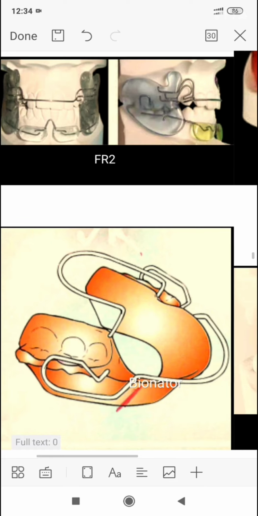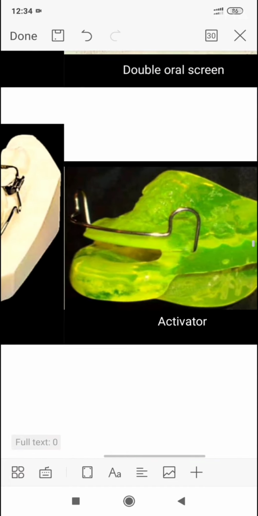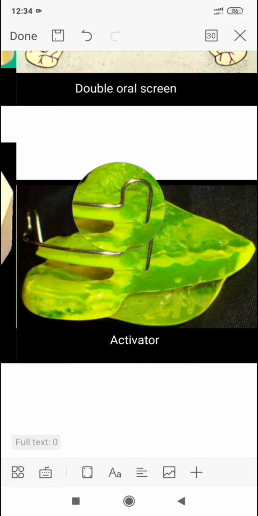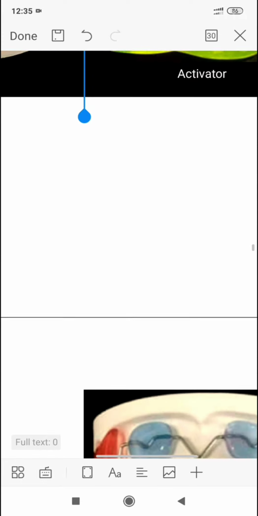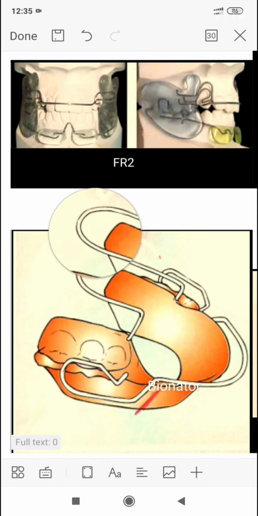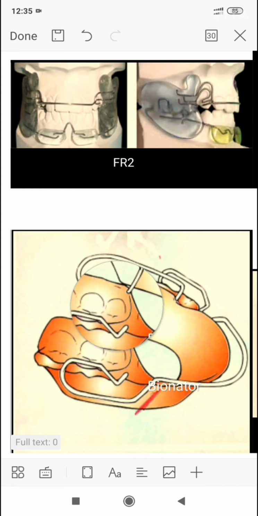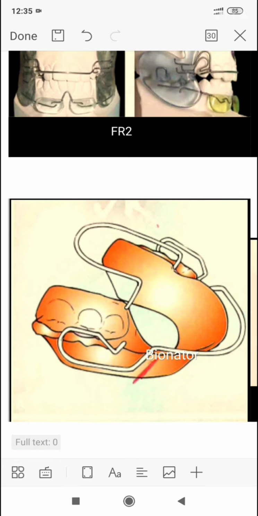The second passive tooth-borne appliance that I will be discussing is the bionator. It is similar to this activator, but it doesn't have this palatal acrylic part. Instead, it is replaced by a coffin spring type wire in the palatal region, as you see here. It's of three types: standard, class 3 and open bite.